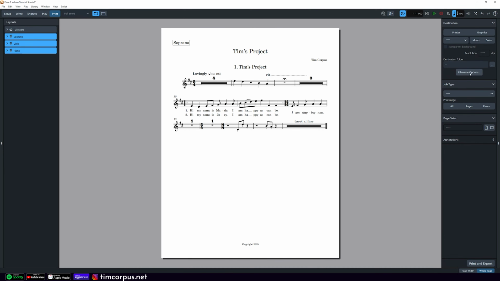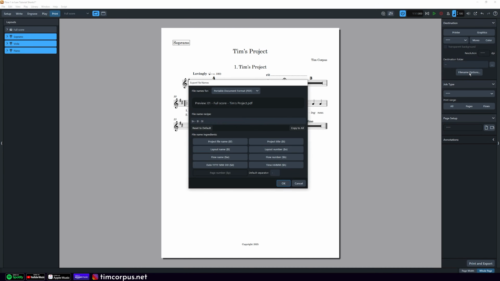If we go to File Options, File Name Options, this gives us a new menu to choose the name for all of the files. This isn't as necessary when you're only exporting a few parts, but if you have a full orchestra and you're exporting lots of parts, it's helpful to be organized. So this is helping show what we're going to get in the name of our file. This is the example of what our file is currently named, and it is using